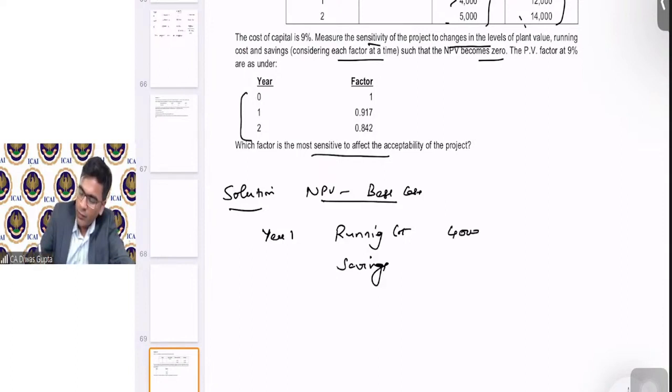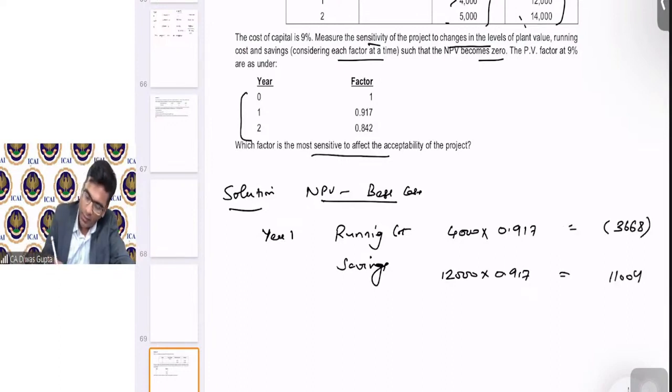How much is it? 4,000 into present value factor 0.917. 12,000, again 0.917. This comes as 3,668. This comes as 11,004. Then year 2,